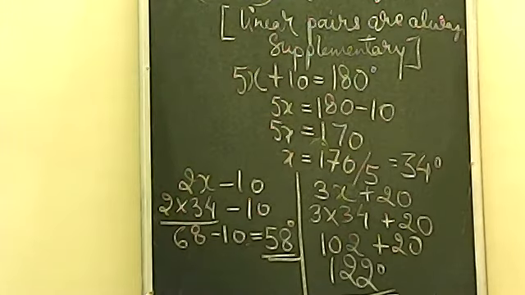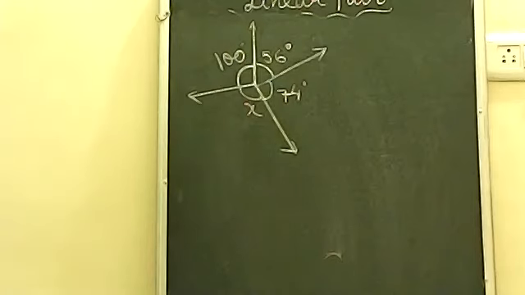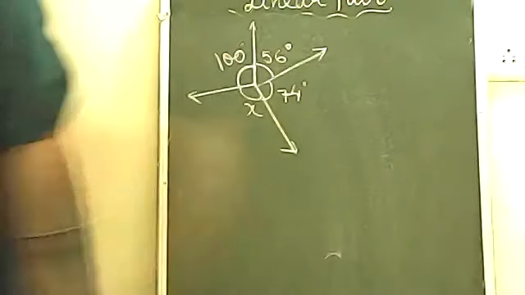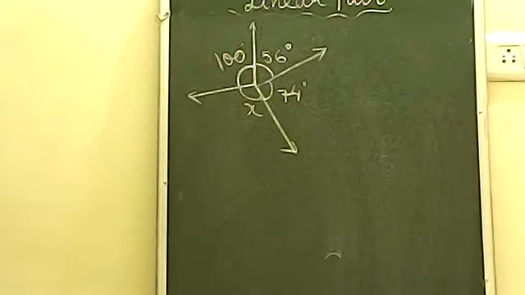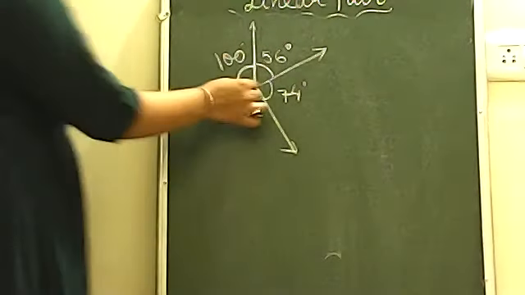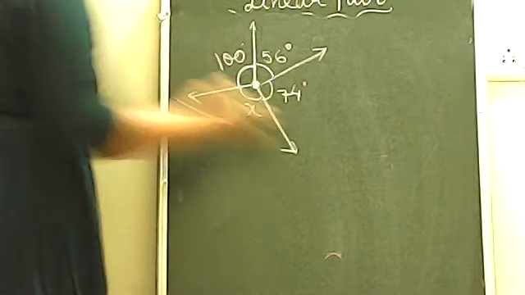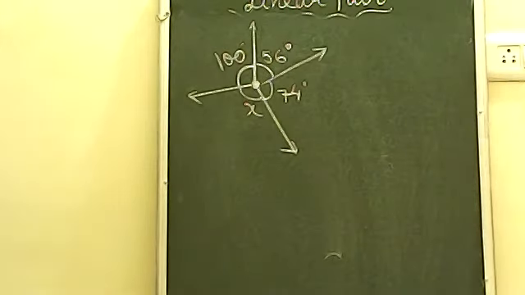Okay. Now let's try one last question. Now let's try the last question of today, but this is not related to a linear pair. You can also understand it by the diagram that there is no linear pair here. How will you solve this question? As you can all see, there is a fixed point on which all the angles are made. All the angles are made around the point.